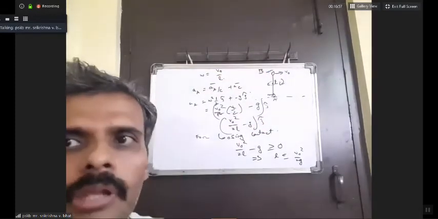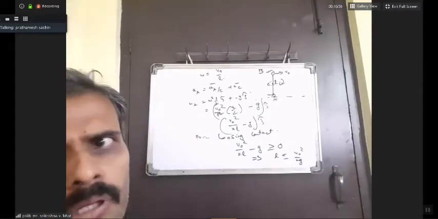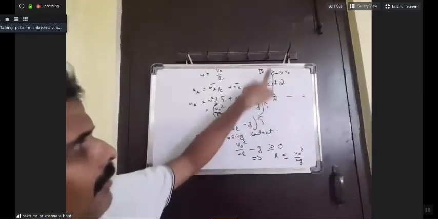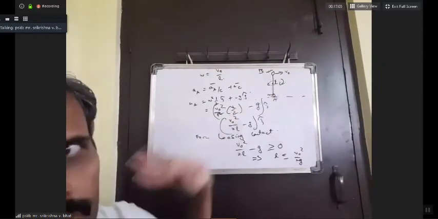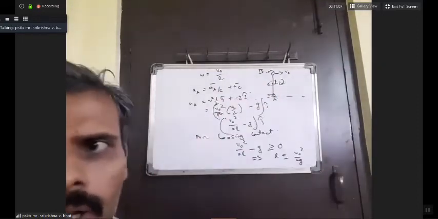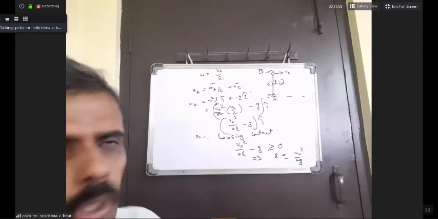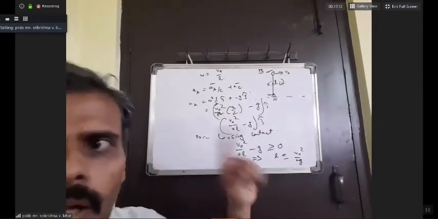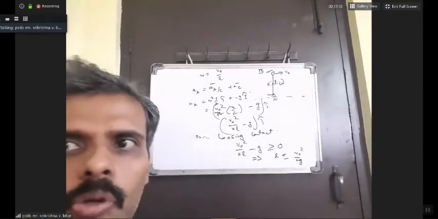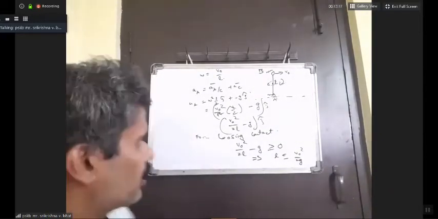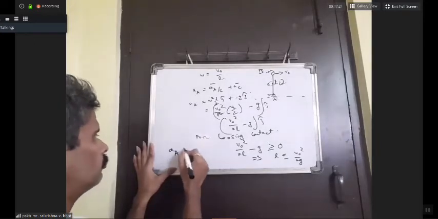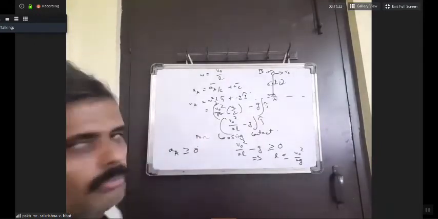But in that case, you should take into account pseudo force also. Pseudo force, yes. Because the general thing is you don't know whether A will have upward acceleration, downward acceleration, or it will have 0 acceleration. So if you go with the general thought, then you would consider that it might be having some acceleration upwards. Okay, yes. And we expect that its acceleration should be greater than or equal to 0. So the condition here we are trying to use is acceleration of A should be greater than or equal to 0 in the vertical direction.